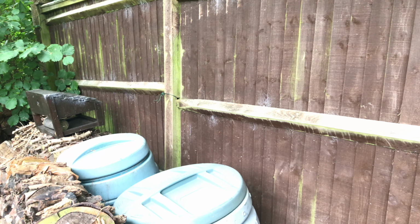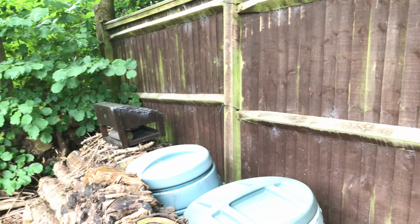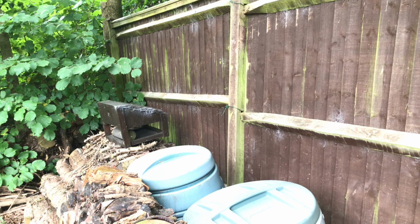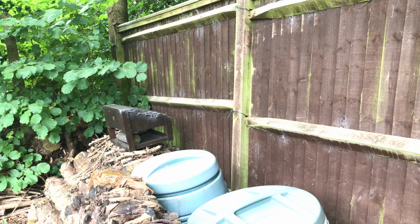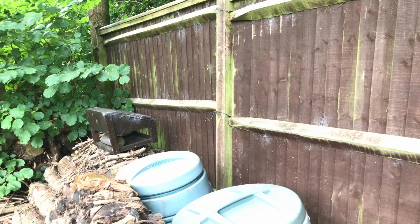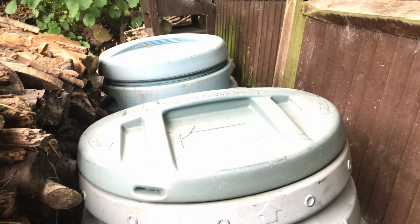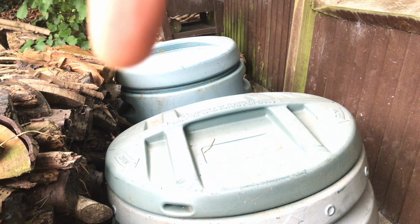don't want to fly. I imagine one of the reasons would be that when it's cold they can't fly so fast, their muscles aren't as warm and don't work as fast, so they're probably more at risk of getting predated as well. And if you can see under there, you probably can't see it, there's a big hole in that